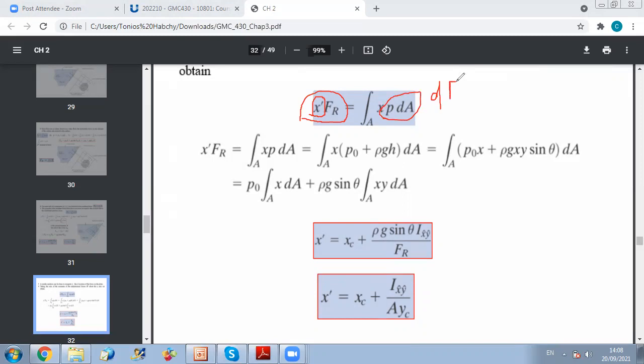We replace dF by p dA, and we will do exactly the same procedure. Replace p by p0 plus rho g h. Now, what will happen with your terms is that instead of the integral of y dA, you will get the integral of x dA. And the integral of x dA can be replaced by x at the centroid times the area. And now here,